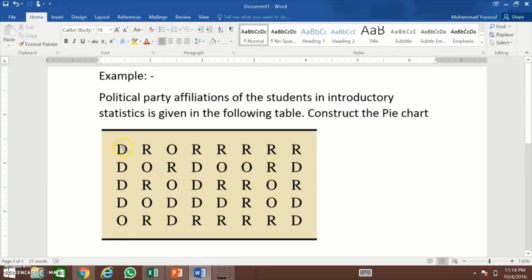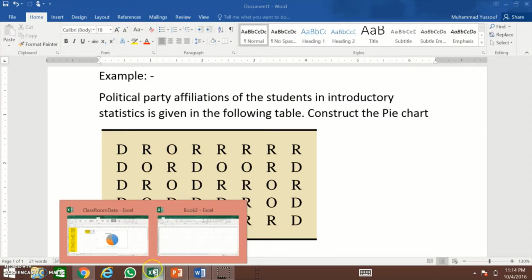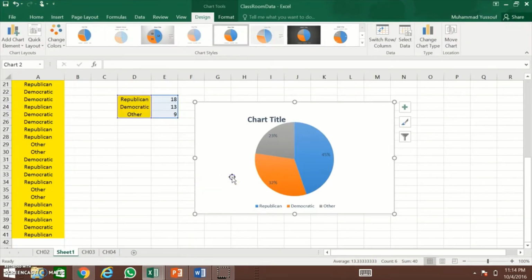So these are the responses from the students regarding their political party affiliation. D stands for Democrat, R stands for Republican, and O stands for other. How do we make a pie chart in Microsoft Excel? I show you now. We open Microsoft Excel,